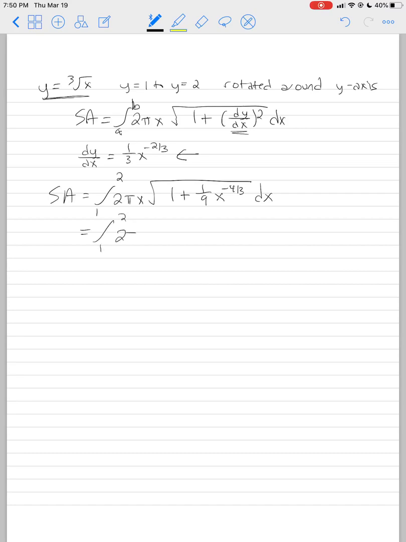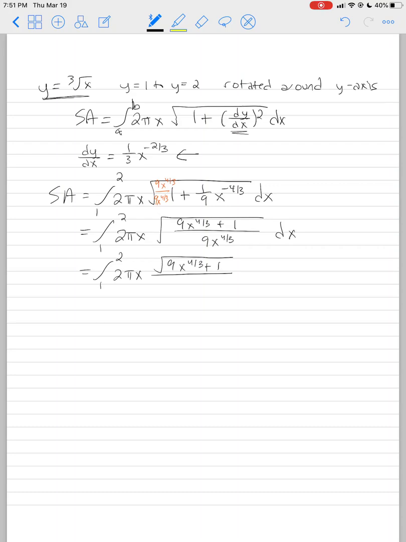All right. Now, this is a common trick with surface area integrals. Okay, I'm going to write this as a single fraction. So in other words, I'm going to multiply this 1 over here by a 9x to the 4/3 over 9x to the 4/3. Okay. And then I get 9x to the 4/3 plus 1 on top of that. Okay. All right. Now, rules of square roots says I can do the numerator and denominator separately, which is nice